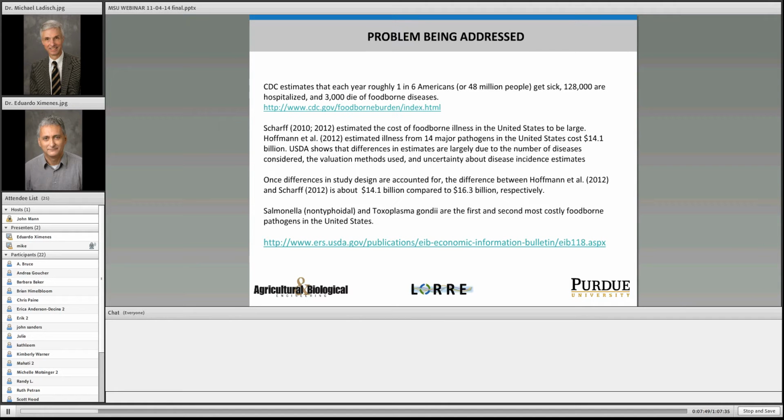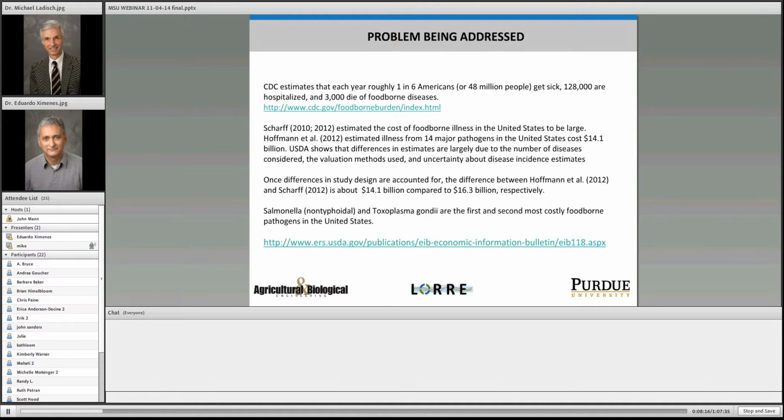Scharf et al. estimated the cost of the illness was measured in large numbers, perhaps billions of dollars. And again, this is determined by the methodology used, but nonetheless, it's a huge issue. And there's about 14 major pathogens in the U.S. that are responsible for food poisoning and food